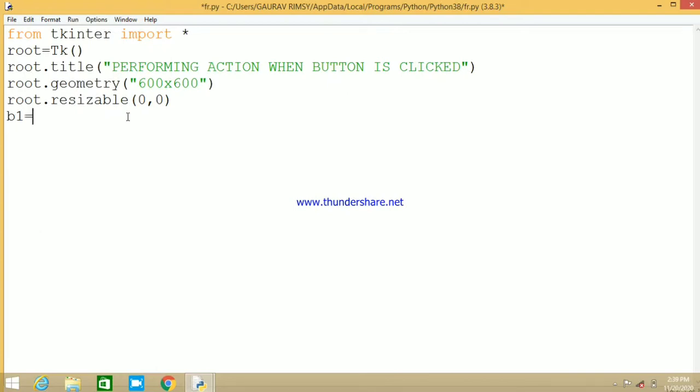B1 equal to Button. We can take any variable name; here I have taken B1, you can take your own name as well. The button has to be added in root, and the text of that button is "Click me".